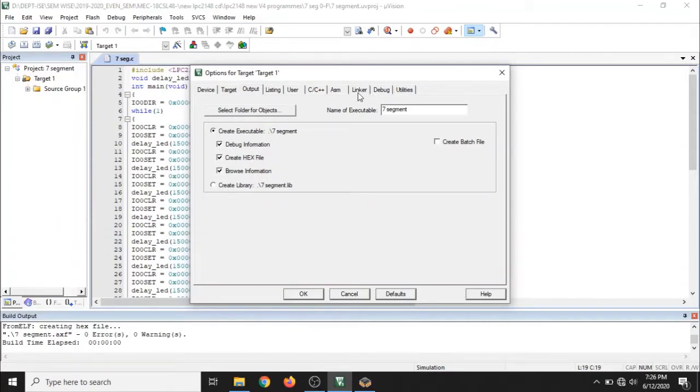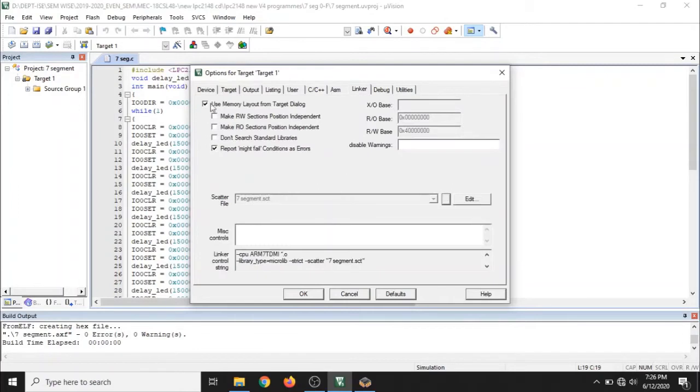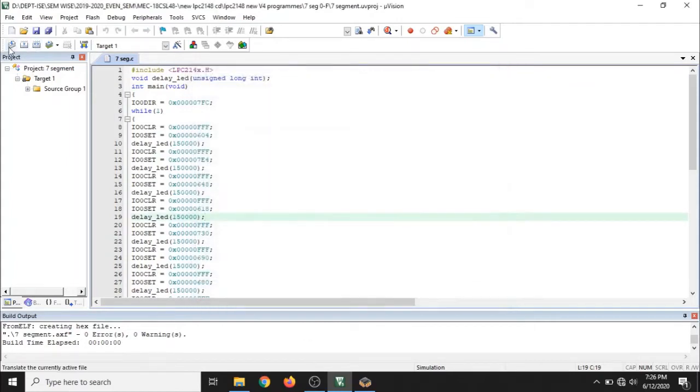Then the last modification is to go to the linker tab and select use memory layout from target dialog. So these are the three modifications that you have to do when you are trying to transfer your hex file into an ARM development kit. When you're done with this, just click on OK. Then you can compile and build your project.